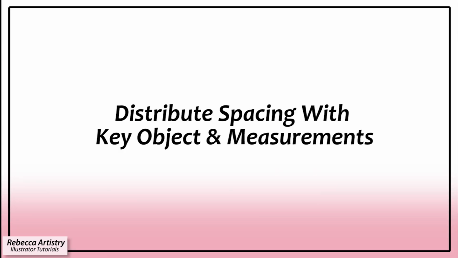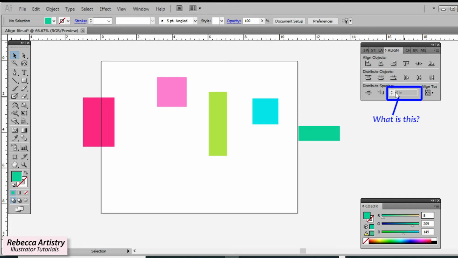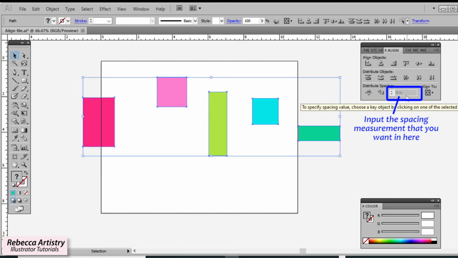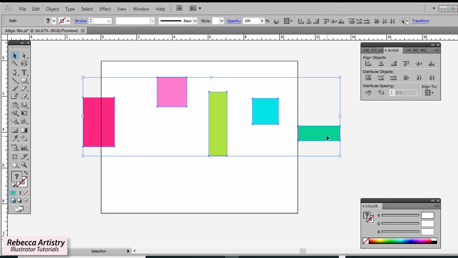Now you might be wondering what this is right here. It looks like you can input some numbers. So this is a way to distribute spacing using actual measurements. Like you see it says 0 inches. You can actually input how many inches you want the spacing to be in between objects. So right now this command is grayed out, but if you select a key object, you can input a value